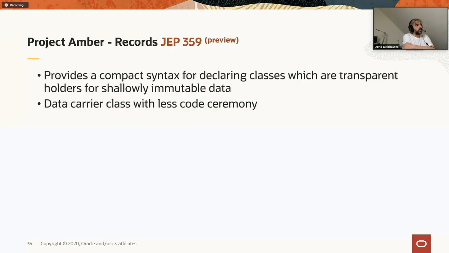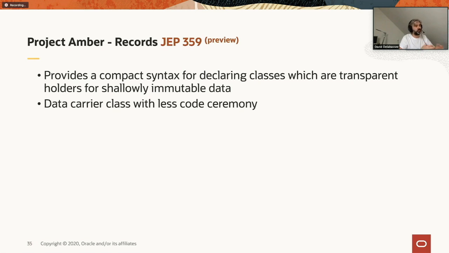The first one is records. Records provide a very compact syntax for declaring classes which are data holders. Basically an immutable tuple in which you can store data, and that you can pass around. I'm going to show you how it works.